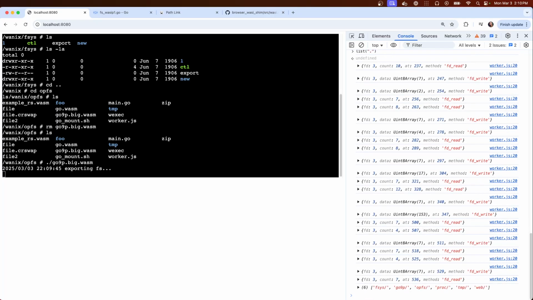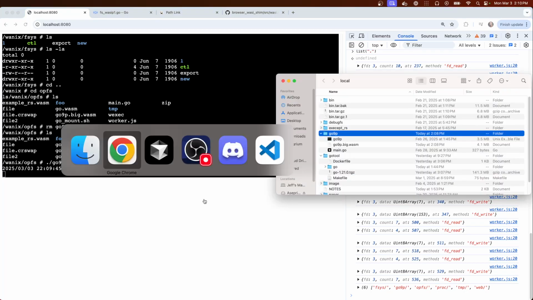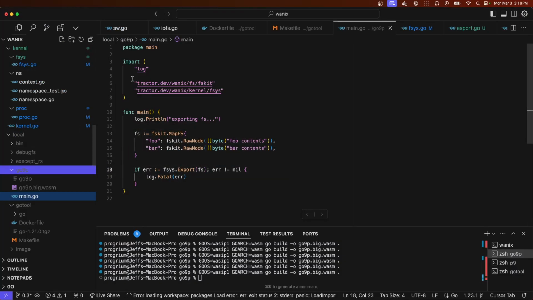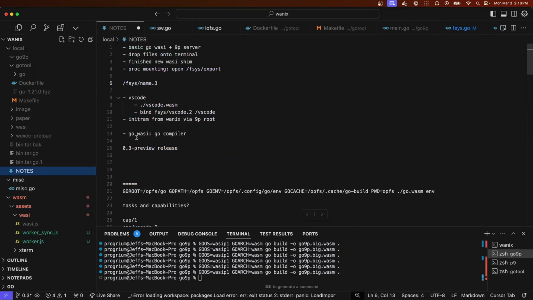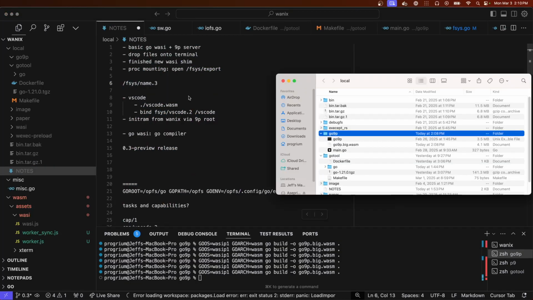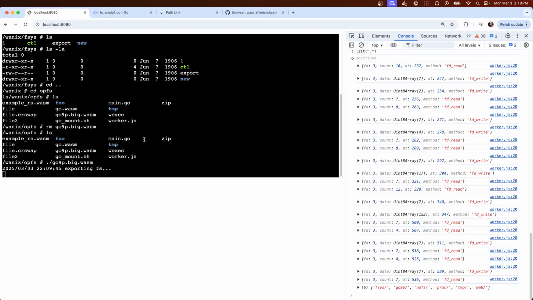So we can look in here, and the way I was describing it, it would mount the file system under fsys, and it will eventually, but for now it just posted it at root. So there's a directory that is being served by this WASM process. We can look inside it.